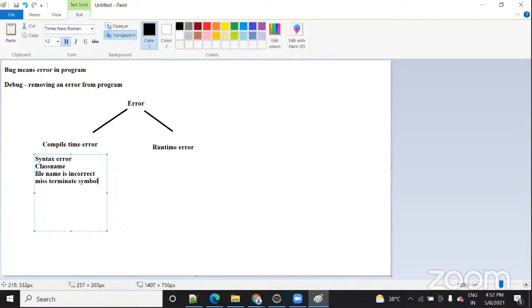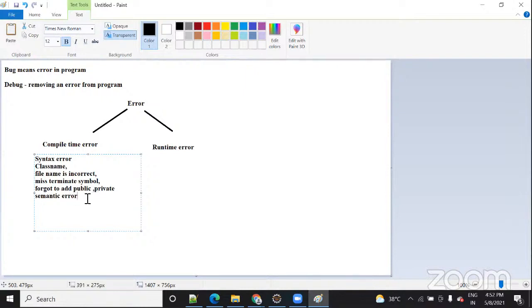You forgot to add public or private. Any other error that you know? Compile time error. Semantic error. Yes, correct.